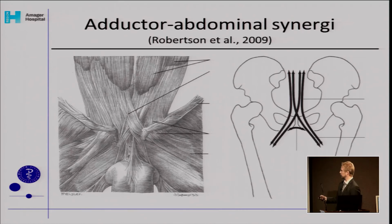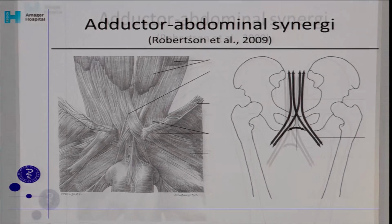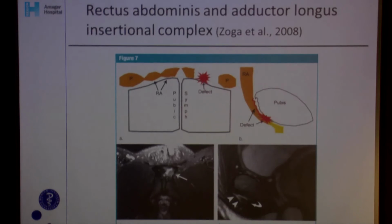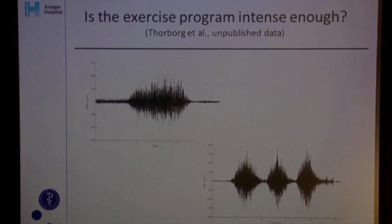Again, remembering that we probably cannot just look at the abdominals. We need to look at this integration between abdominals and adductors. Just again, remembering that some would actually say that they have both injuries, and we need to look at all these muscle groups again. So what we have done is we've looked at some of the exercises that we've been doing in the past, and we have looked at that with EMG to evaluate whether these programs work, because we know